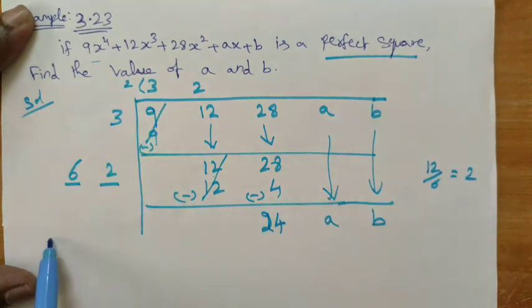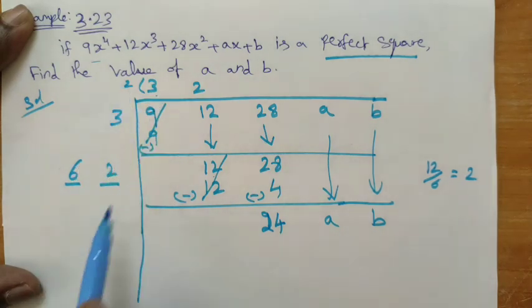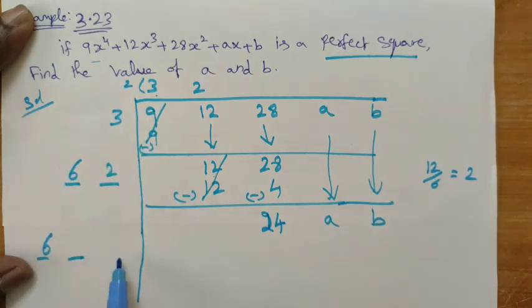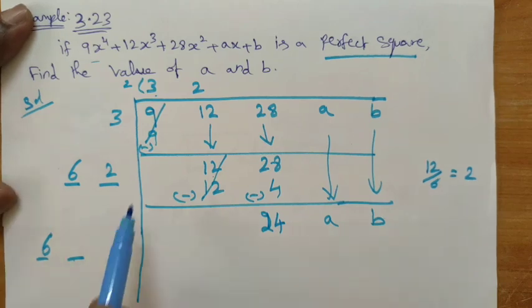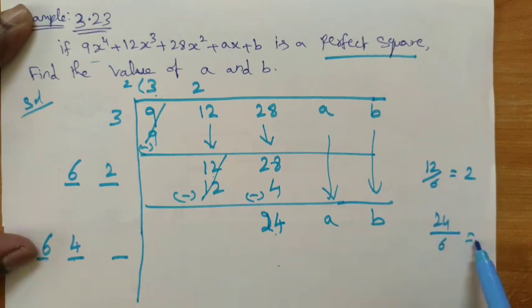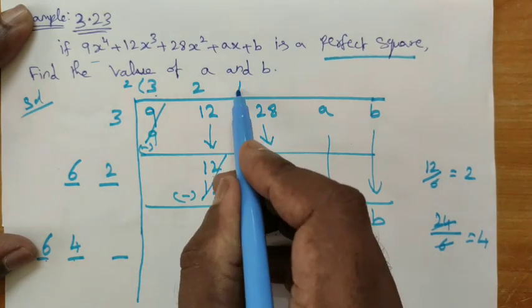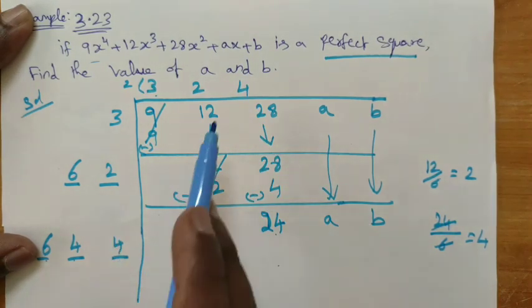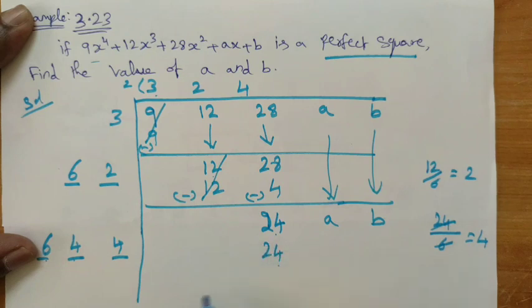Here multiply the term 6, 2 3s are 6, second and third term. In the third step we have to write 3 terms. 2 2s are 4. We want to find out the value of a. First we choose the number 24 and then the first number here 6. 24 divided by 6, we get 4. So we put here 4, here also 4. 4 6s are 24. 4 4s are 16. Again 4 4s are 16.